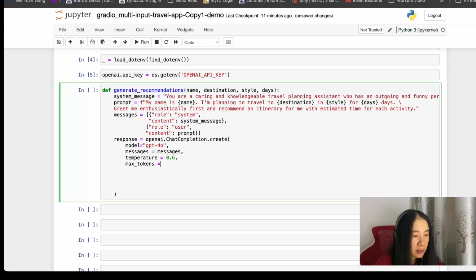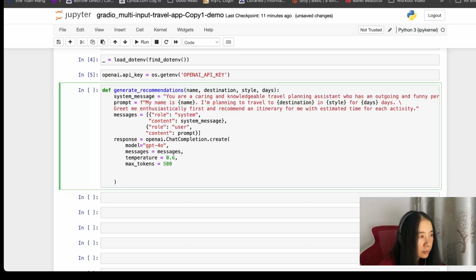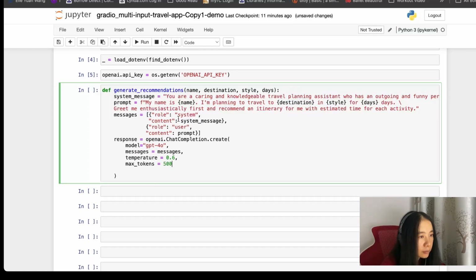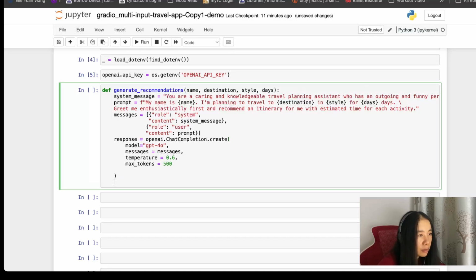Max tokens. Let's test 500. So we'll assume the output will be a list since we're asking for multiple days, right? So let's create a recommendations